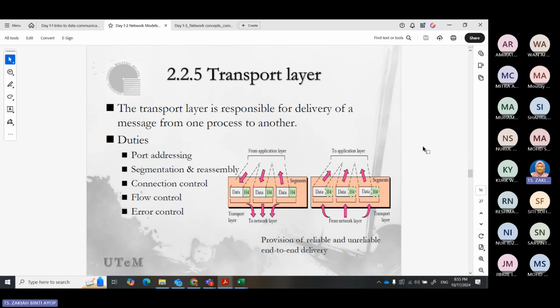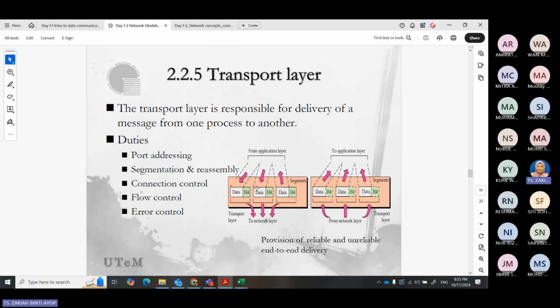Okay, so when we receive the application data, it will be segmented. We call it segmented, and we chunk it into a small size, breaking the large data transmission into smaller packets to ensure that all the packets have been received. Here we segment it into small pieces and put a header.